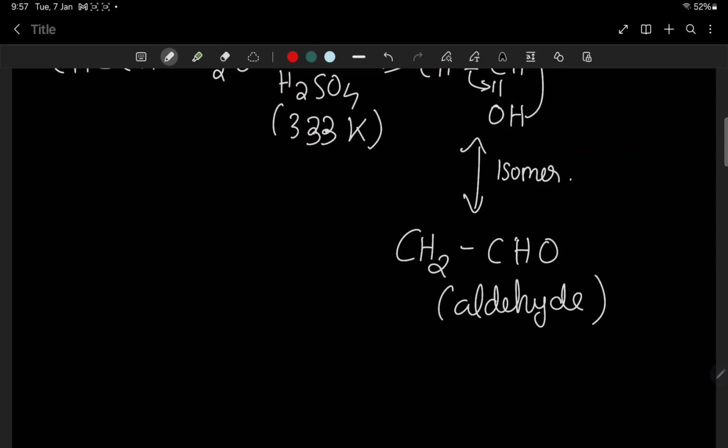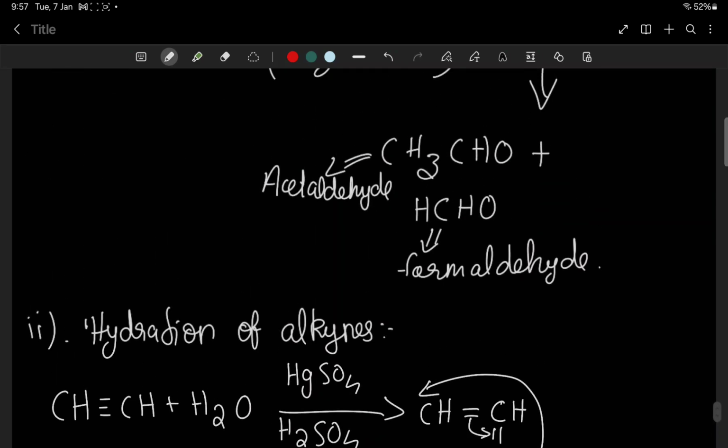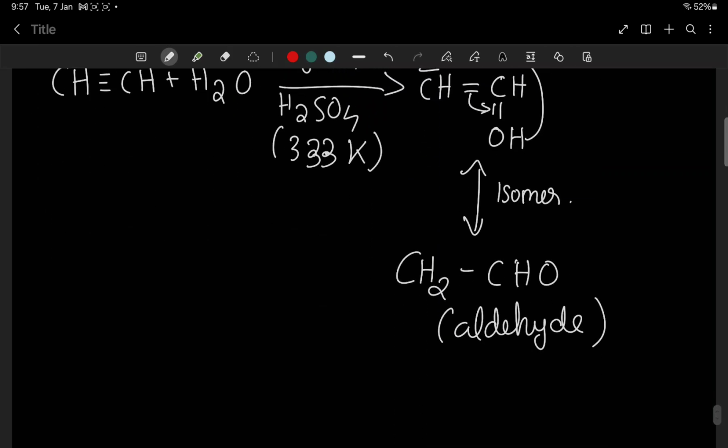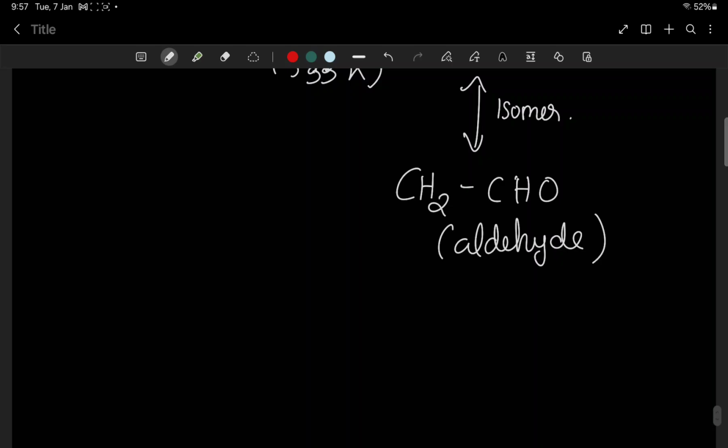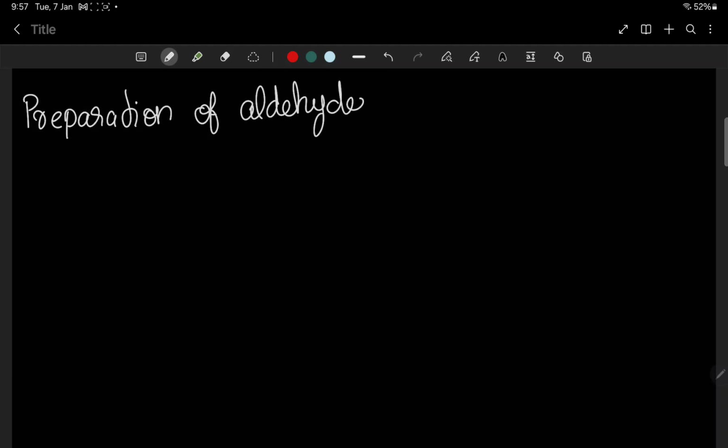Okay. So this is the next method. Now we were discussing the methods for preparation of both aldehydes and ketones. By this method, ketones can also be prepared, taking respective alkynes. But now we are talking about some exclusive methods for preparation of only aldehydes. What are the methods? The first method is, take acid chloride